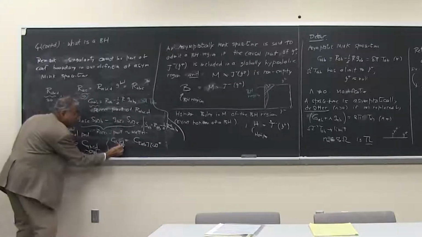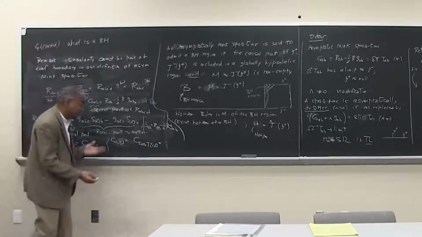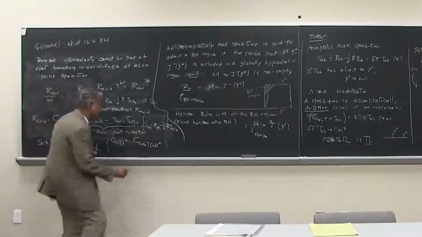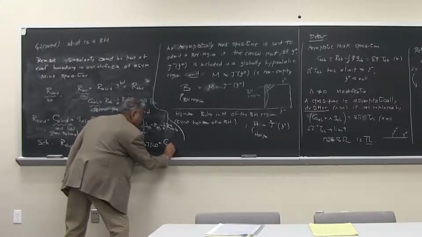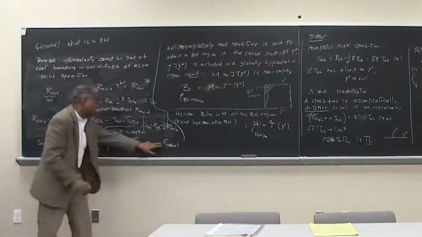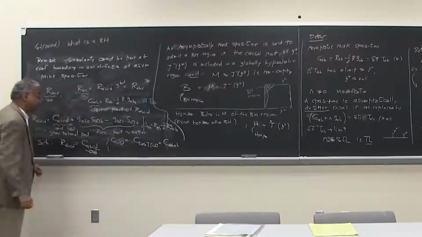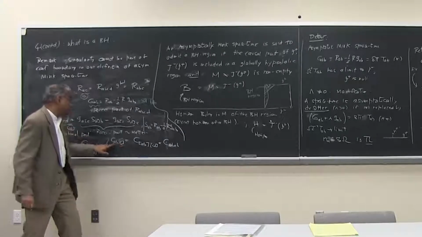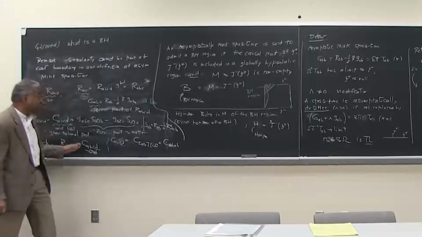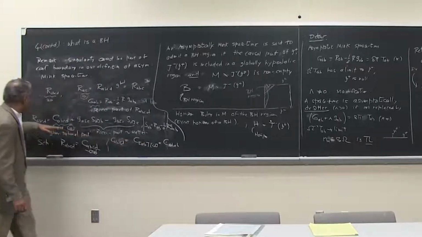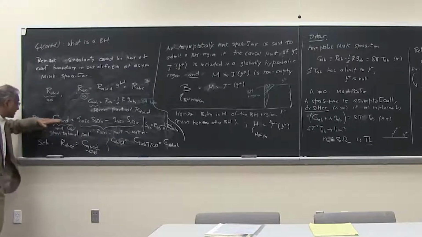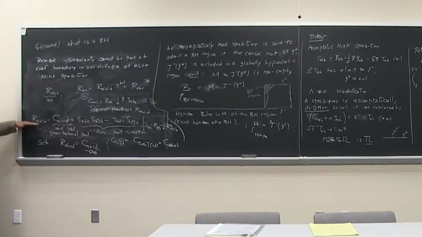And if I flip CD with AB, it doesn't change. These are the properties common to the Riemann tensor. Of course it's antisymmetric in CD and AB, so I don't write it again. If I just flip CD with AB, it doesn't change. So these are the properties which the Weyl tensor inherits from the Riemann tensor itself.